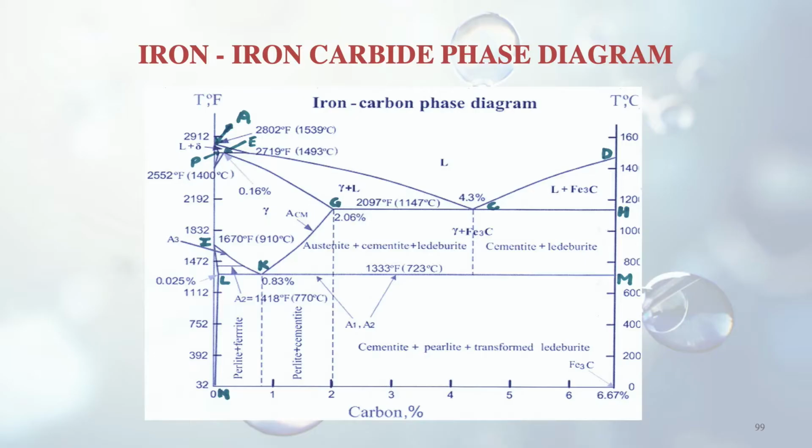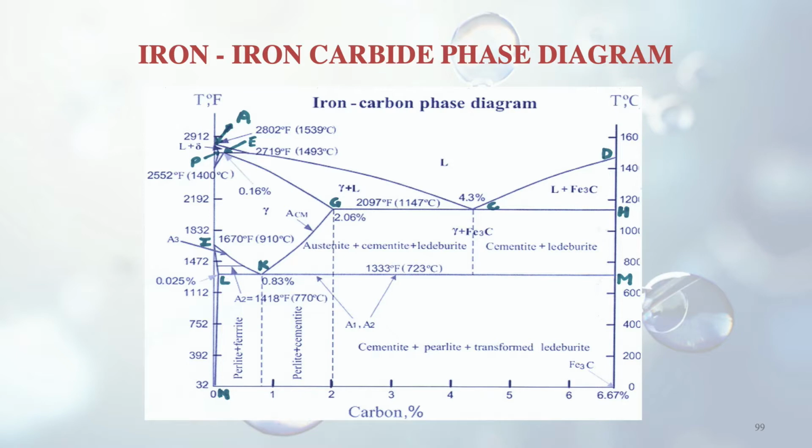So here you see the iron carbon phase diagram. This is a very important diagram with respect to steels, and we can know about the different types of alloys and how, due to the carbon percentage variation, different types of steels can be made. So suppose I start from a point around 1539 degrees centigrade. On the left side you can see the temperature in the Fahrenheit scale, and in the centigrade scale it is about 1539 degrees centigrade. Suppose the carbon present is around 0.4%.